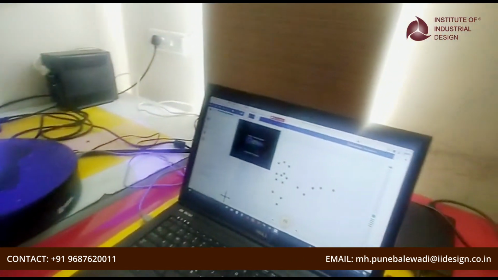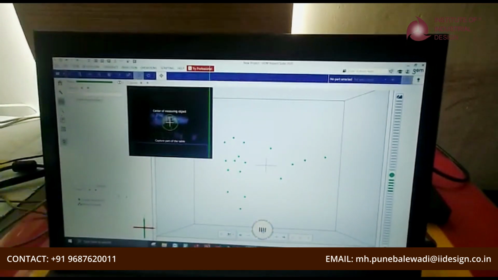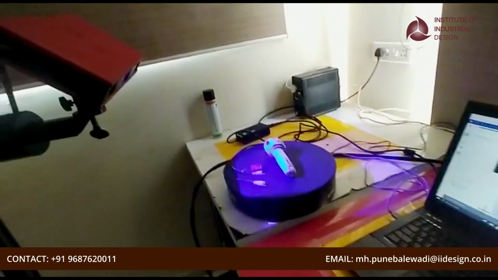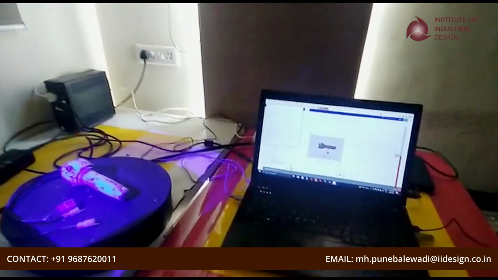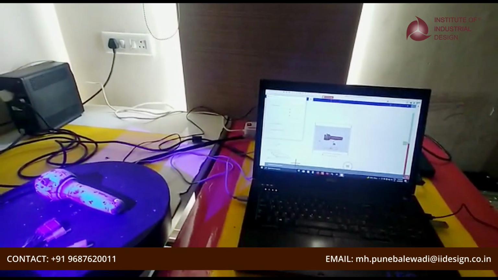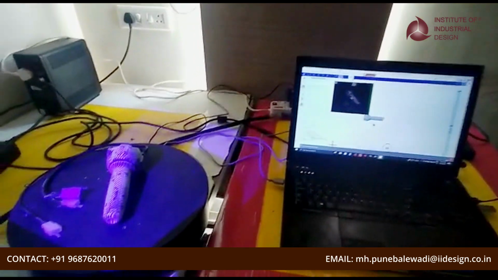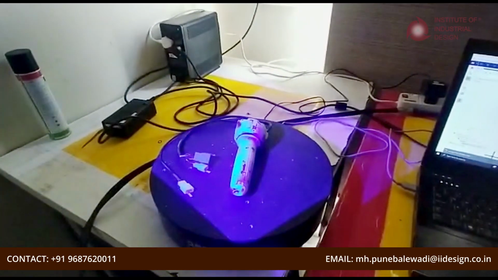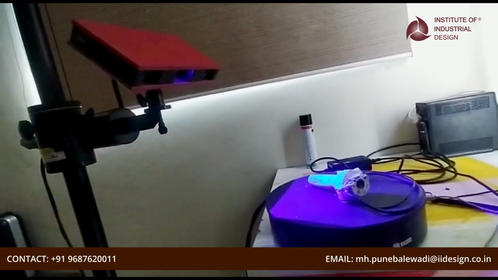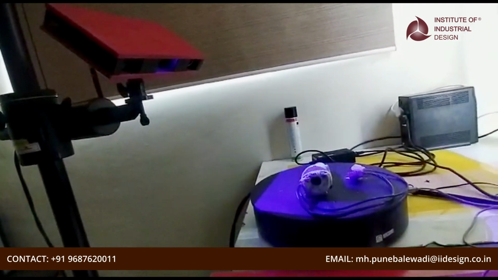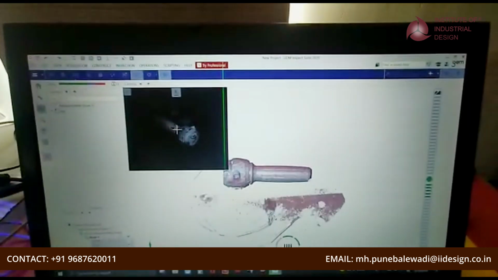Now we will start our scanning by using the rotation table. So here the 3D images are generated.